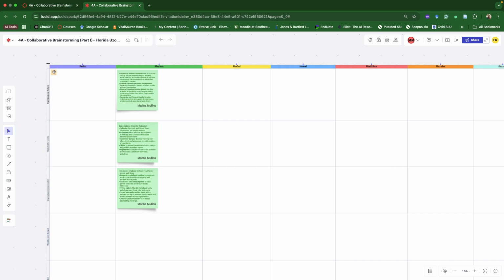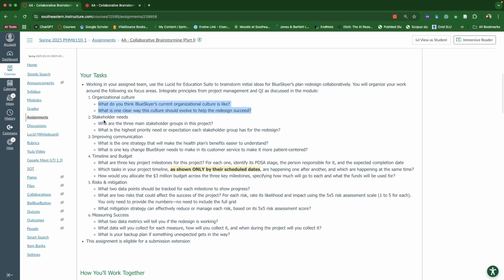Once you don't need to type in your name, Lucid will immediately identify you as being the one who is making this contribution. So you don't need to do anything other than just typing in what it is that you want to say. Like I said, that is the part of the idea generation. Say I'm Felix and I'm answering the two questions that are looking at organizational culture.